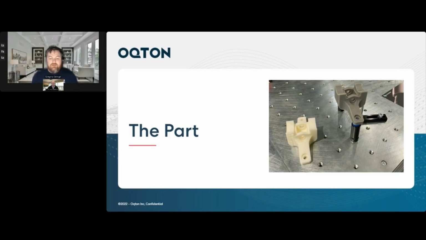As you can see, you use different devices for different reasons to collect different sizes and different accuracies. You take that scan data, and what we're going to talk about is a very specific application with this part here. We'll move to the next slide,